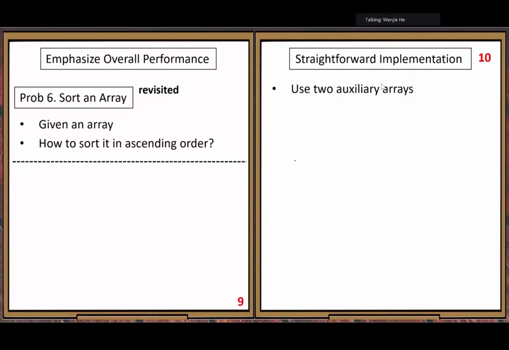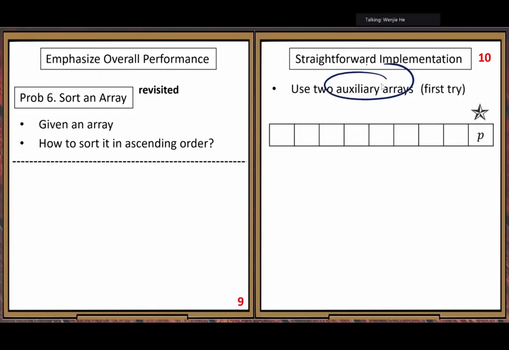We just want to reach the goal. That's the most important thing. How to reach that goal? We may need to use a lot of computing resource. Here, these two auxiliary arrays are the extra resource we need to use in our first try.